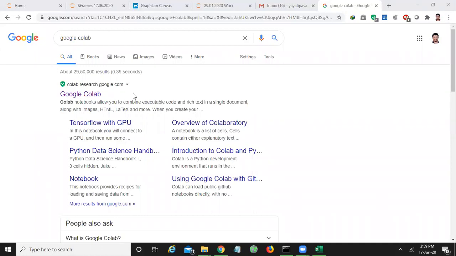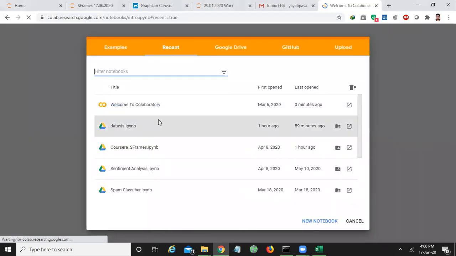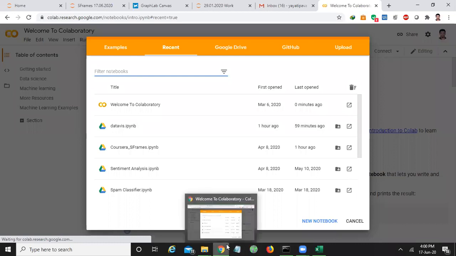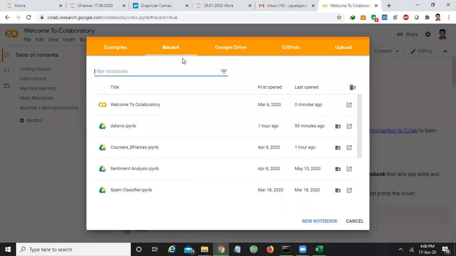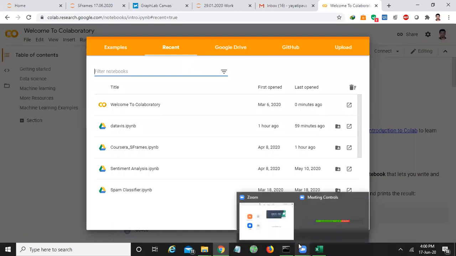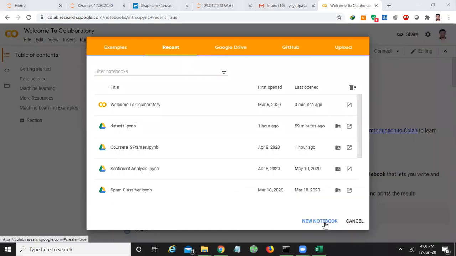Then click on this Google Colab. As I already logged into my Gmail account, that's why it is directly showing this. If you are not logged in, then it will ask for username and password.